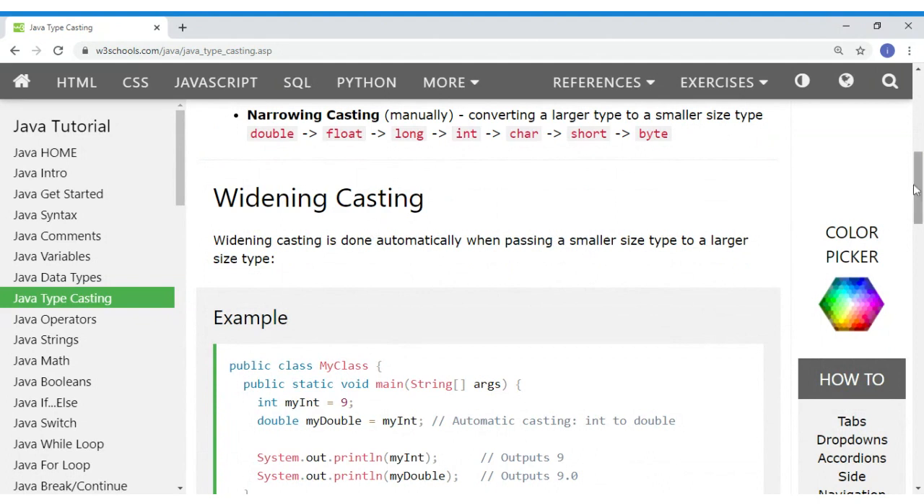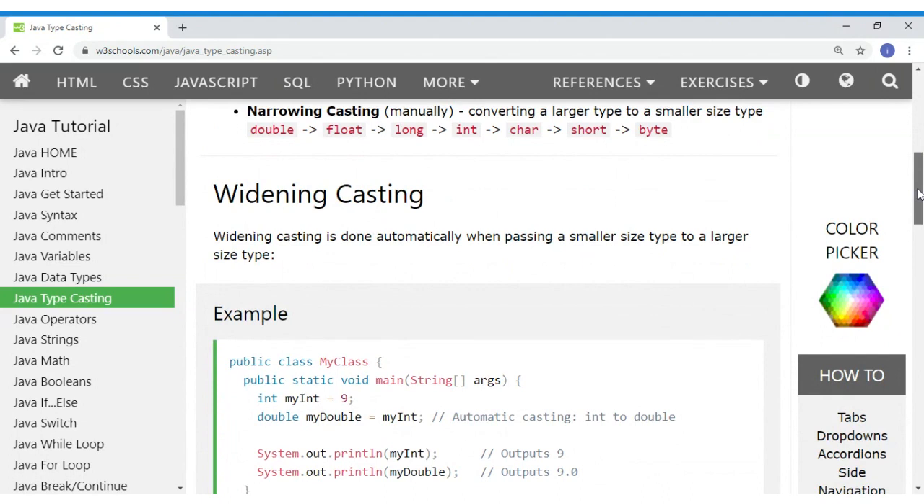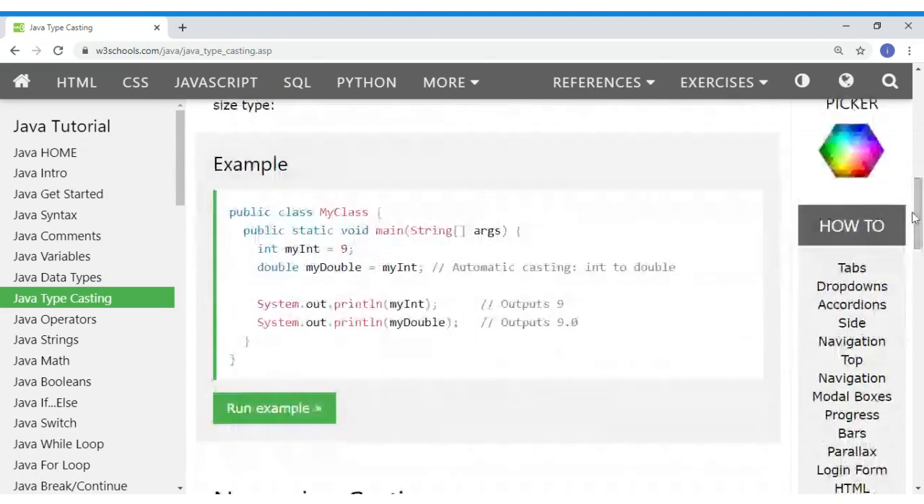Now, look here. We have an example where we are going to do widening casting. You start your public class, you give a class name. Remember, we said our class must start with a capital letter. Then you declare your main, public static void main, string of arguments. You declare your variables. We have a variable called my int of type integer, and we have assigned it a